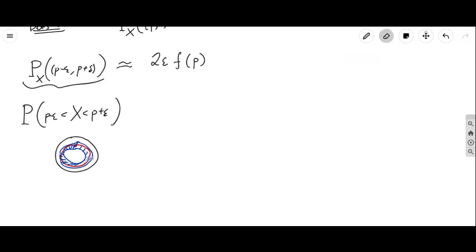And this is a polar rectangle, so that would be equal to the outer radius, p plus epsilon squared, minus the inner radius, p minus epsilon squared. So it's the difference of the radii squared, times 1/2, and then multiplied by 2 pi. It's basically like a half times 2, that goes away. So it's like pi r squared, but you're subtracting the two radii. So if you work this out,